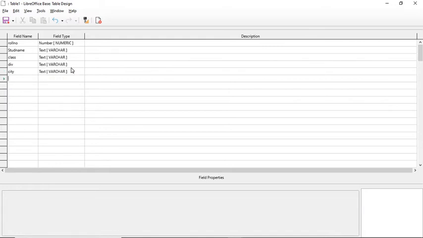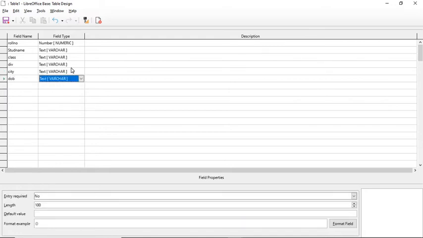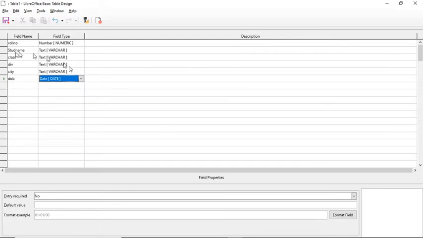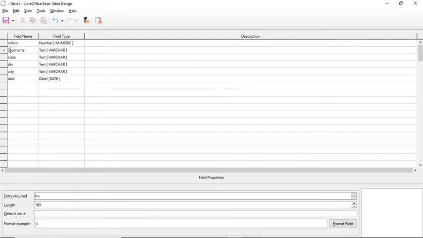Then DOB, that is date of birth, data type is date, right? So for roll number, number; student name, text; class, text; division, text; for city, text; then date of birth, date. So these are your data types.